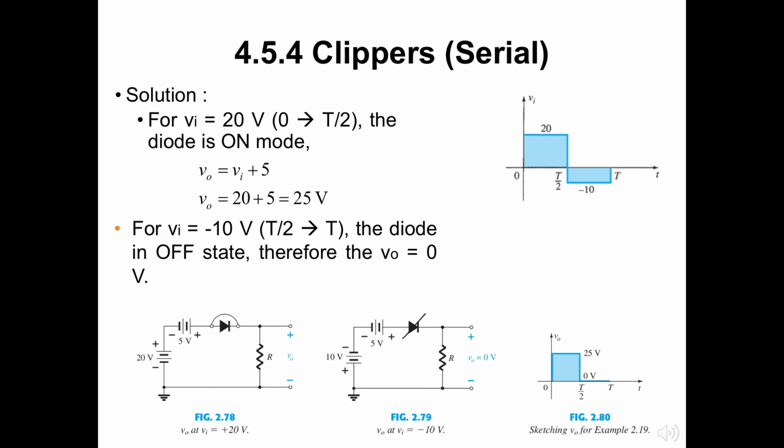For Vi equals -10 V, the network of Fig 2.79 results, placing the diode in the off state, and VO equals IR equals 0 times R, which is 0 volts. The resulting output voltage appears in Fig